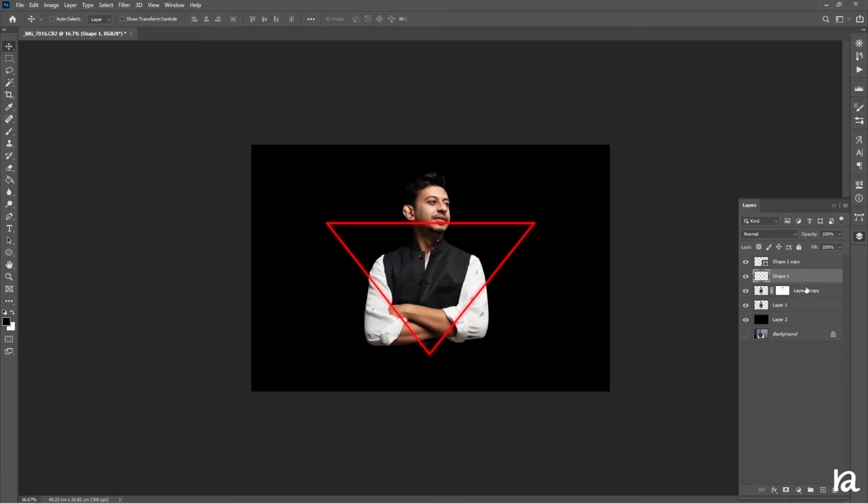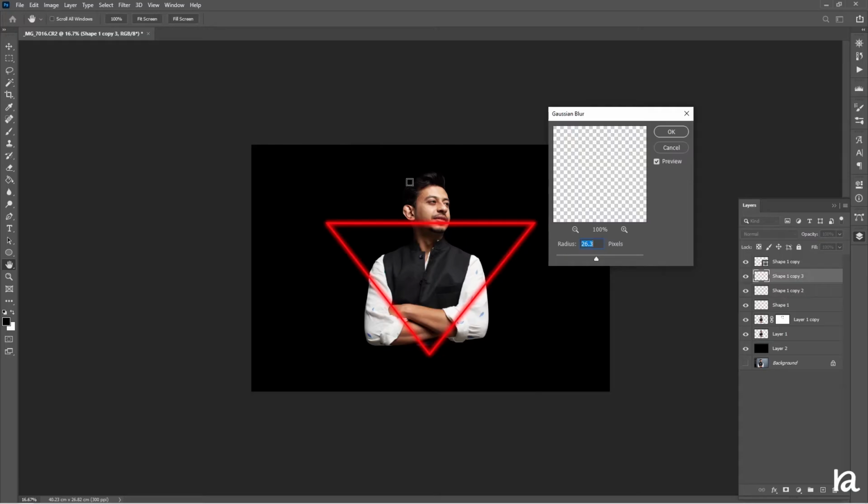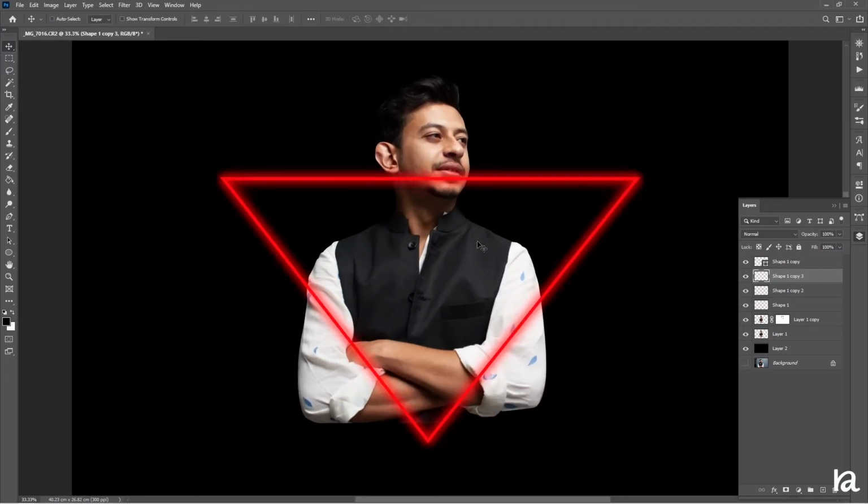So we will just duplicate this layer once more, and then again we will go to filter, blur, Gaussian blur. I think this is fine, but now this is not looking very natural. So let's zoom in,